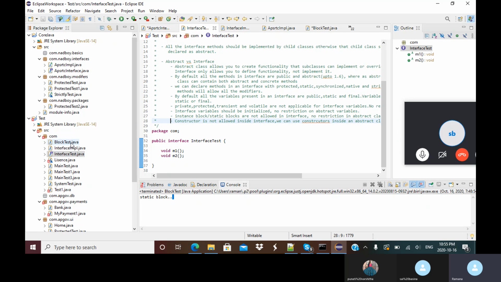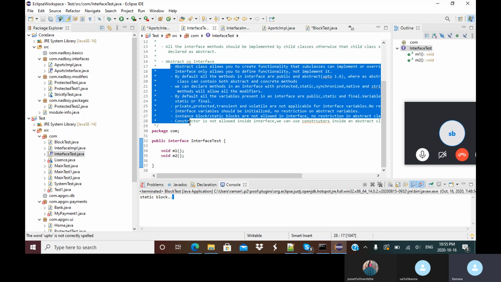What we are saying is, same point here also. As per the interface rule, it should have only the declaration but not the definition. So that is why, if you see here, most of these points are just to know the different differences, but